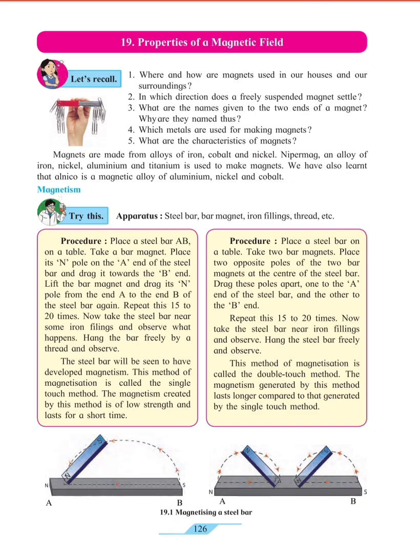In the experiment on textbook page number 126, we came to know that when a magnet is rubbed on a steel bar, it produces a magnetic field, which will behave like a magnet for a short period of time. When it is rubbed with one single magnet, it is called the single touch method, and when it is rubbed with two magnets, it is called the double touch method.